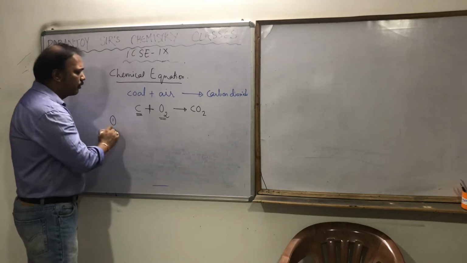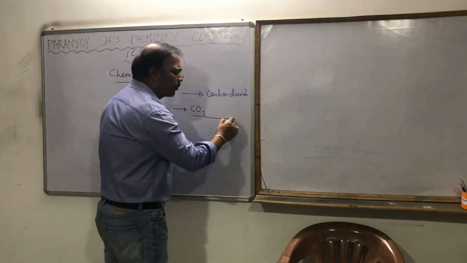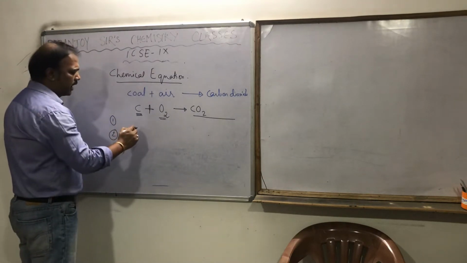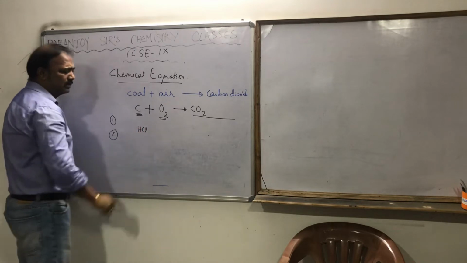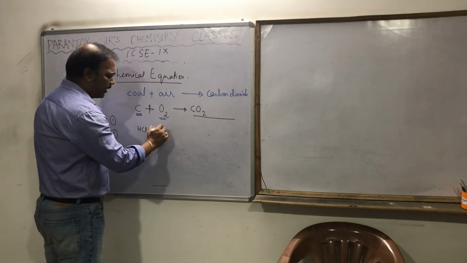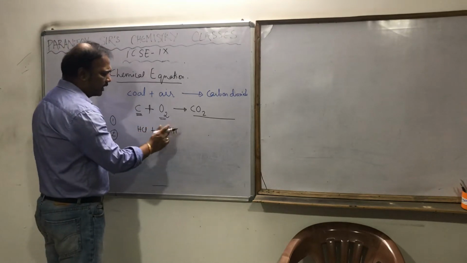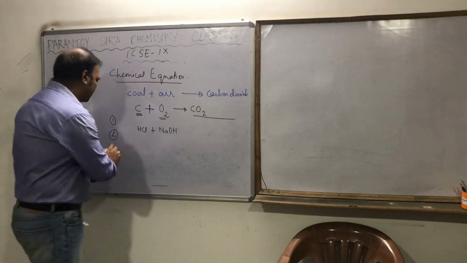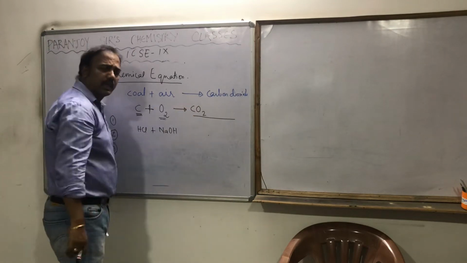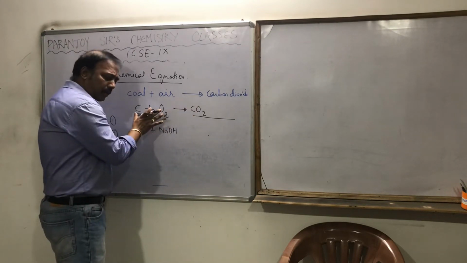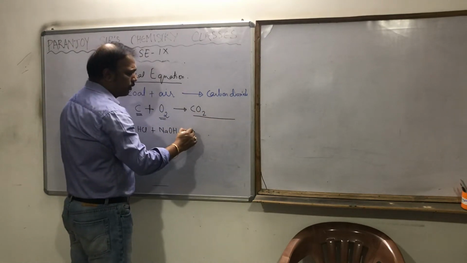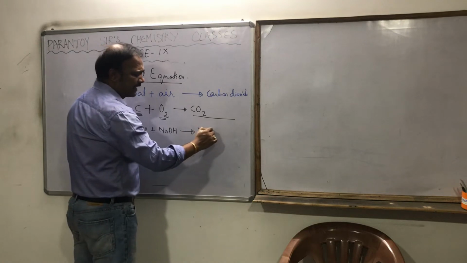Number 2, we are going to write down the same for the product or products. It can be more than one product. I am just writing another reaction: HCl, that is the molecular formula of hydrochloric acid, plus NaOH, the molecular formula of sodium hydroxide. These two are undergoing the reaction. And the third point is that we put an arrow in between the compounds which are undergoing the reaction and the compounds which are going to be produced. The arrow is going to produce NaCl and H2O.